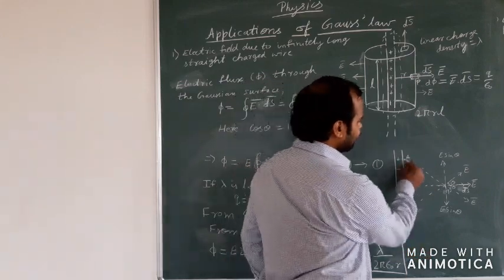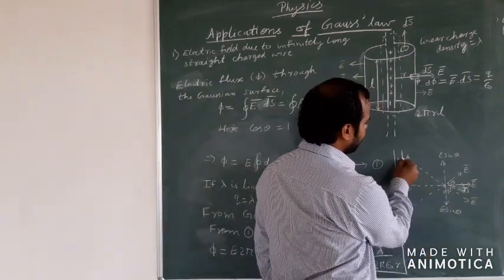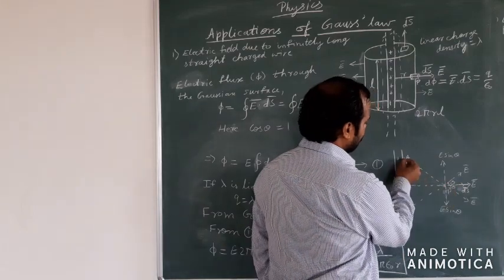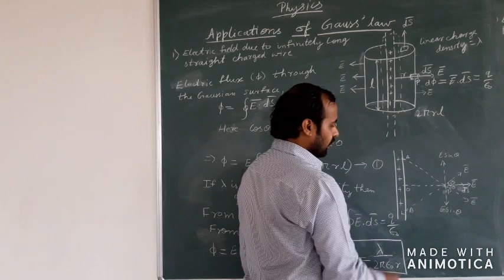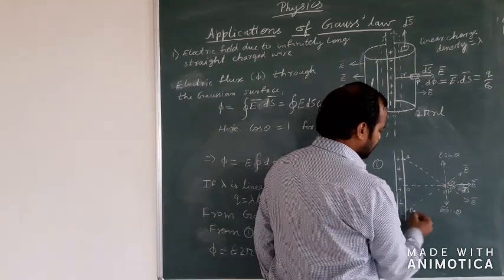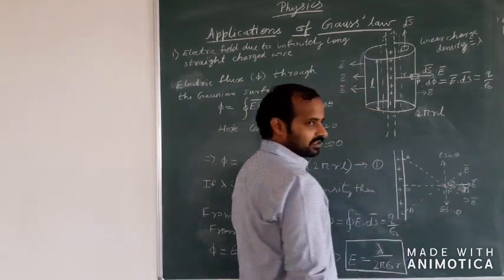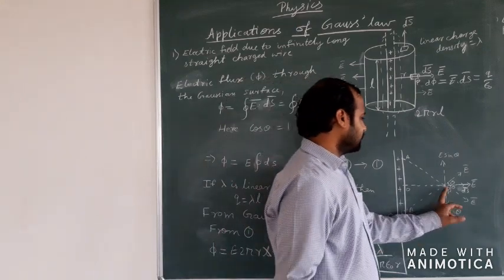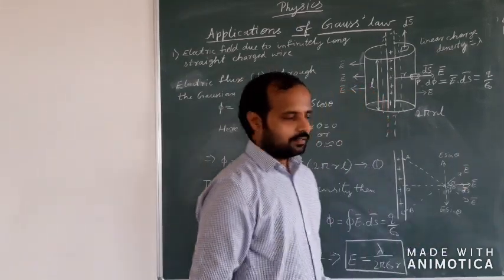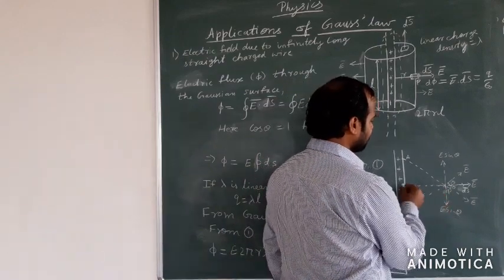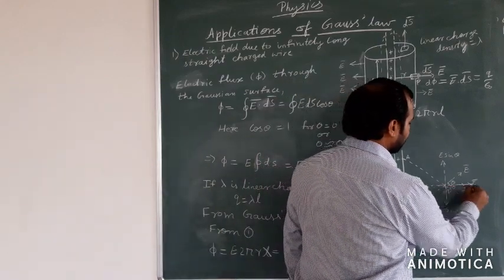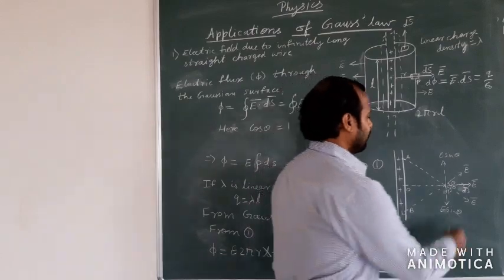Now here we can see that the electric field due to the charge at point A at P is in this direction, and the electric field at P due to the charge which is placed at B on the conductor is in this direction, and at O, whatever the charge is present, due to that the electric field will be along the ds bar.